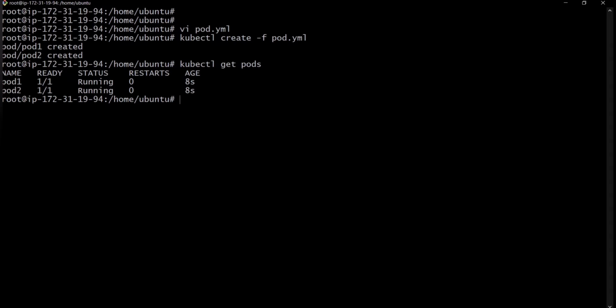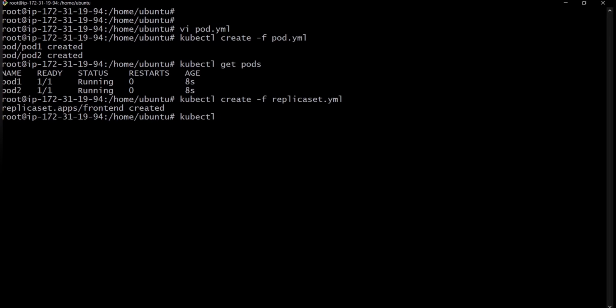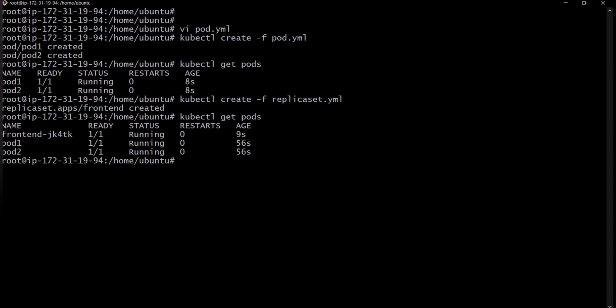Let's create it: create -f replicaset.yml. The replica set app is created for front end, and when we execute kubectl get pods, we can see only 1 new pod is created. Why? Because these 2 pods have the same label that we defined in the replica set, so the replica set has acquired the pods.